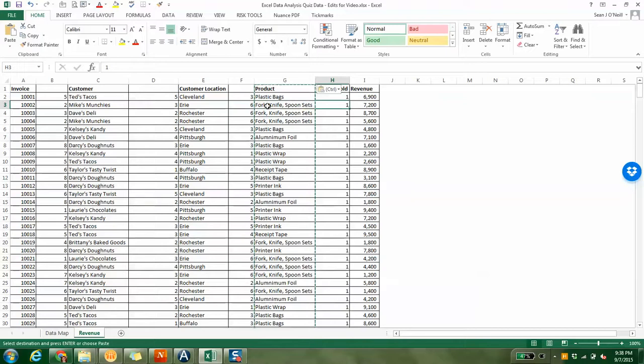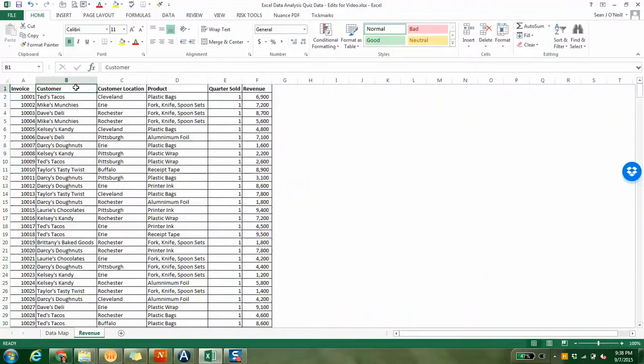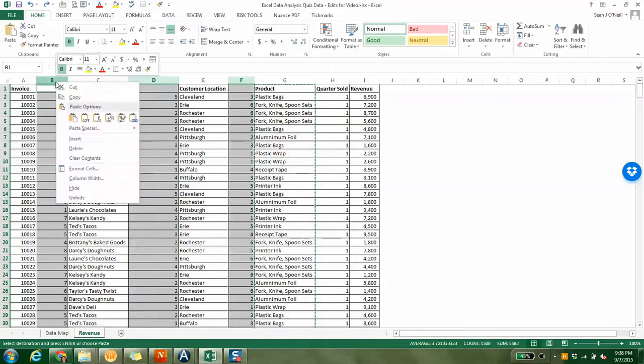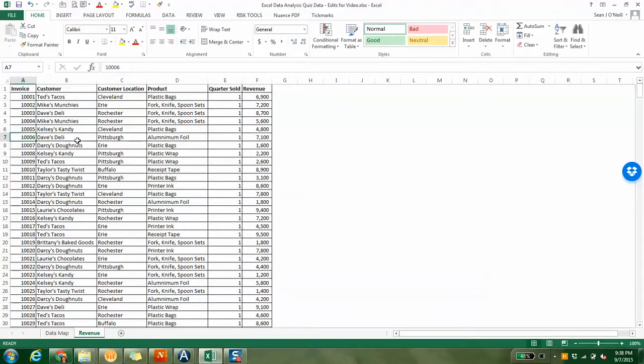Okay. So now I can get rid of this column, this column, this column, and delete those out. And I used a shortcut. I'm sorry. You can also right-click and just hit delete as well. It does the same thing. Okay, so now our data is much easier to read, and I want to show you how to run pivot